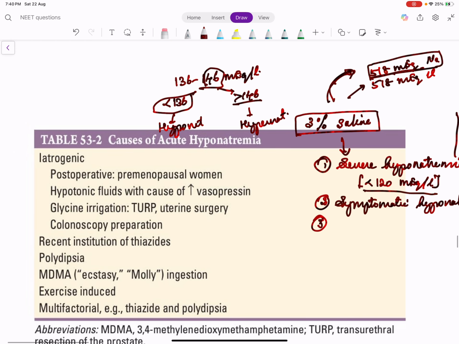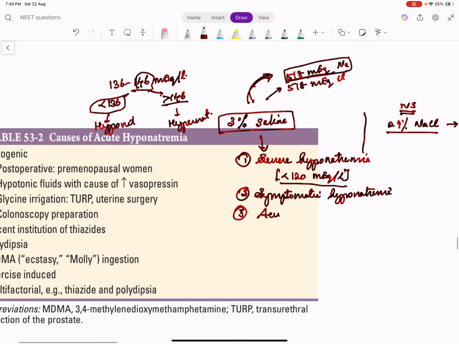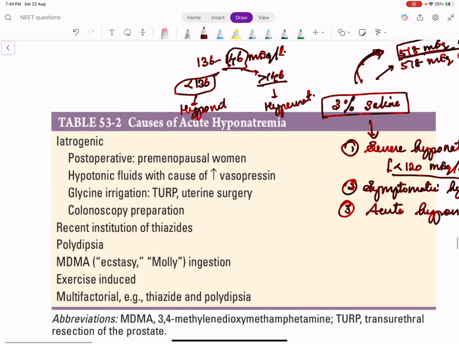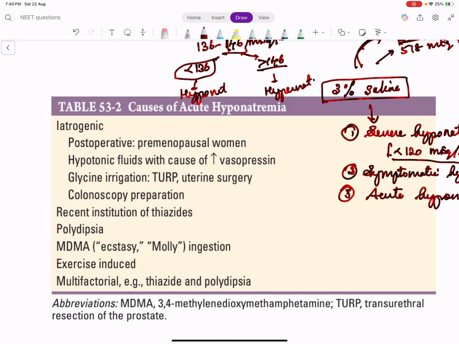And the third indication for giving 3% saline is acute hyponatremia. There is hyponatremia occurring suddenly. So, which are the conditions causing acute hyponatremia? Important causes I'll tell you. One is glycine irrigation. Usually in doing TURP or uterine surgery or hysteroscopy, to visualize the uterus, they usually